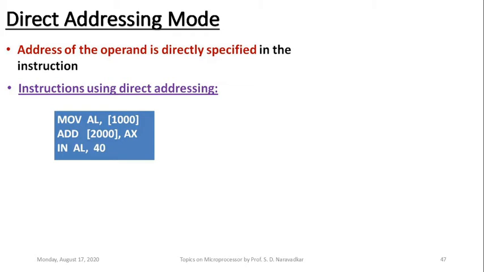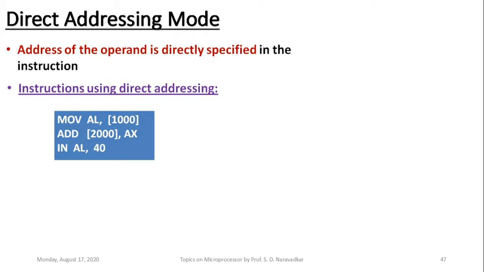The third instruction which has been specified here is altogether different. It is not pertaining to memory. It is pertaining to the input port here. IN AL, 40. 40 is the input port address. Okay, and from this input port address, data will be read. 8 bits of data will be read, and these 8 bits of data will be copied to the accumulator, which is the AL register.